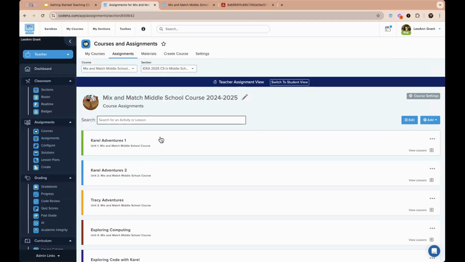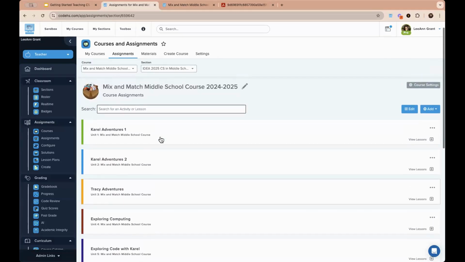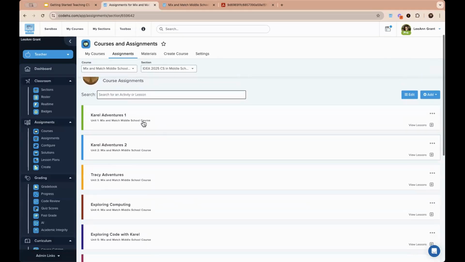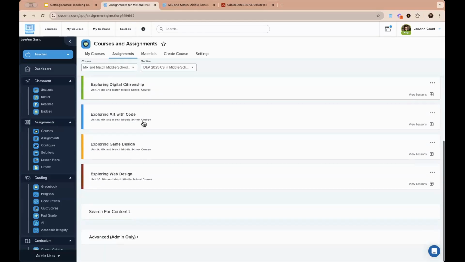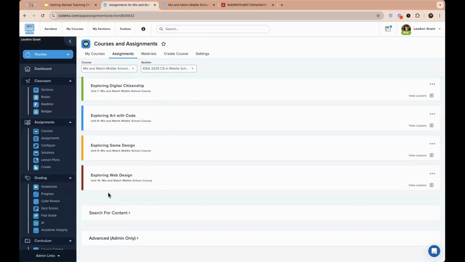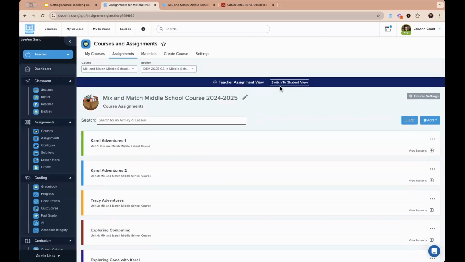Okay. So this is the teacher view. This is what you would see as a teacher. I have included all the modules. I did put all 10 modules in here, but then I also wanted to show you how to get to those extra 2 modules that aren't in here yet. When you do have access to this course, and I can show you how to have access to it in a second, the supplemental modules are here. But what I do want to show you is from the student view.